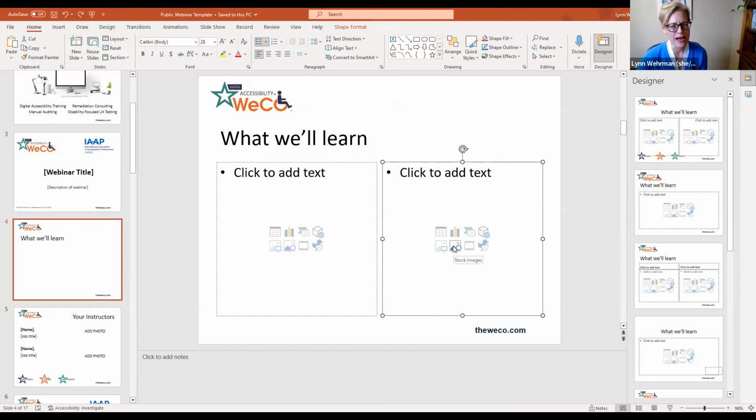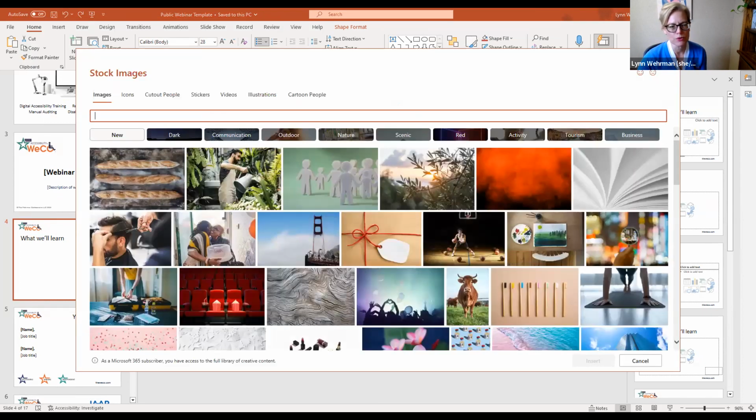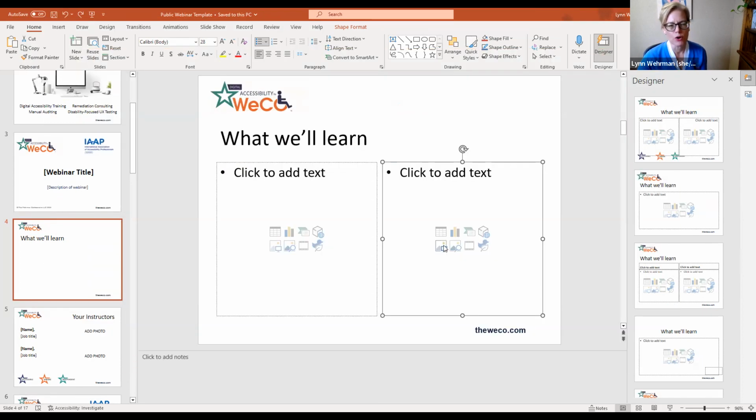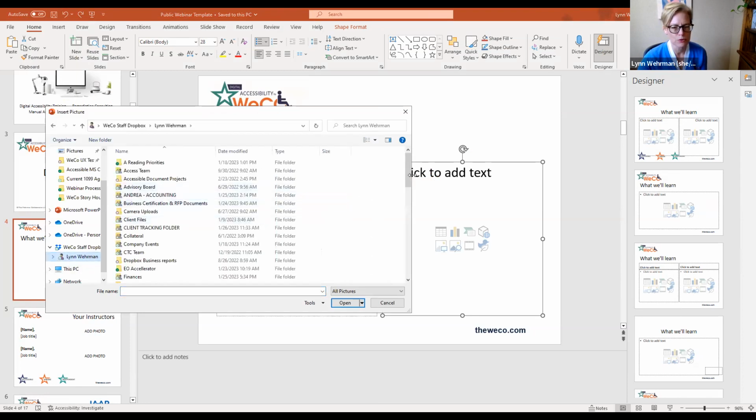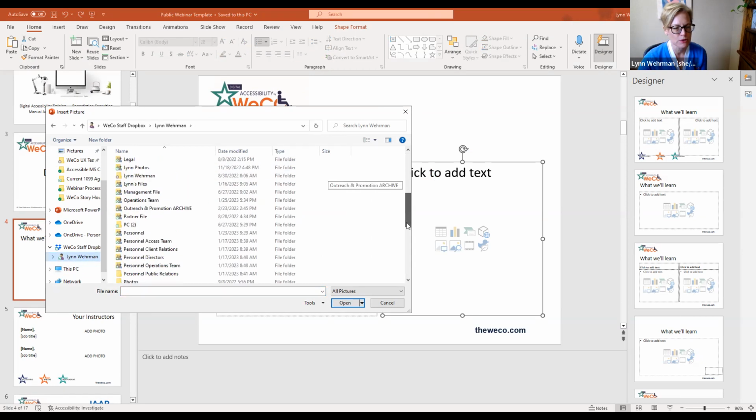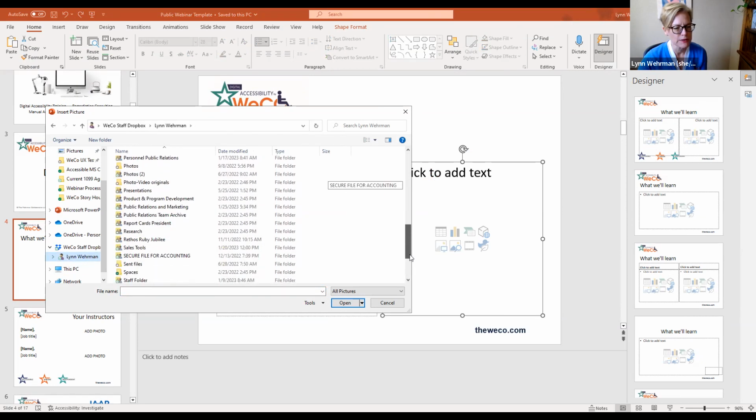It's not as easy to access now because I think they're trying to discourage you from pirating images, which can get you in trouble. But that's really the basics of it. You can either do it through their stock images, or you can pull it off your own computer. Well, let me just pull one really quick. Everybody's seeing my whole world here.